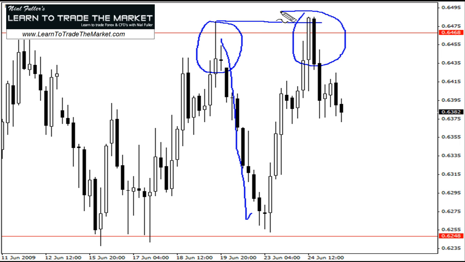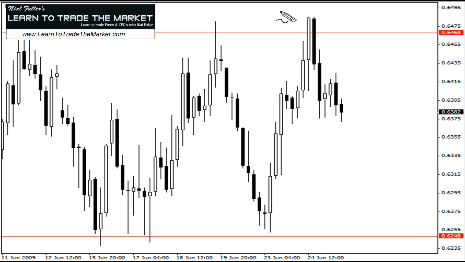There was also an inside bar. Now I'm not going to explain that all here. I'll go into it in depth later on in the course, but I want to show you how to read the chart just as it is. You can see we've had a strong reversal here, and we've also had a strong reversal here. So it's telling me this level is extremely valid, and we've got intraday confirmation now with this short-term downtrend that's